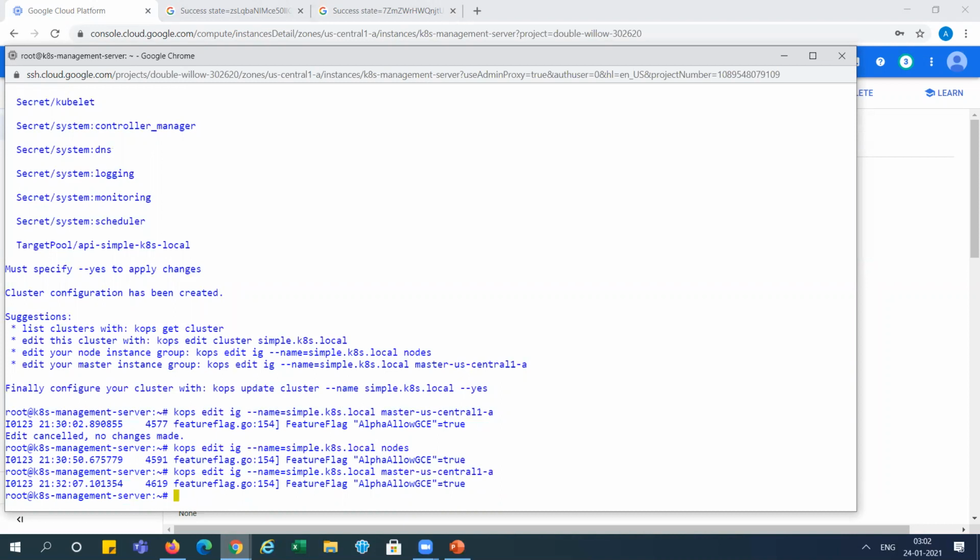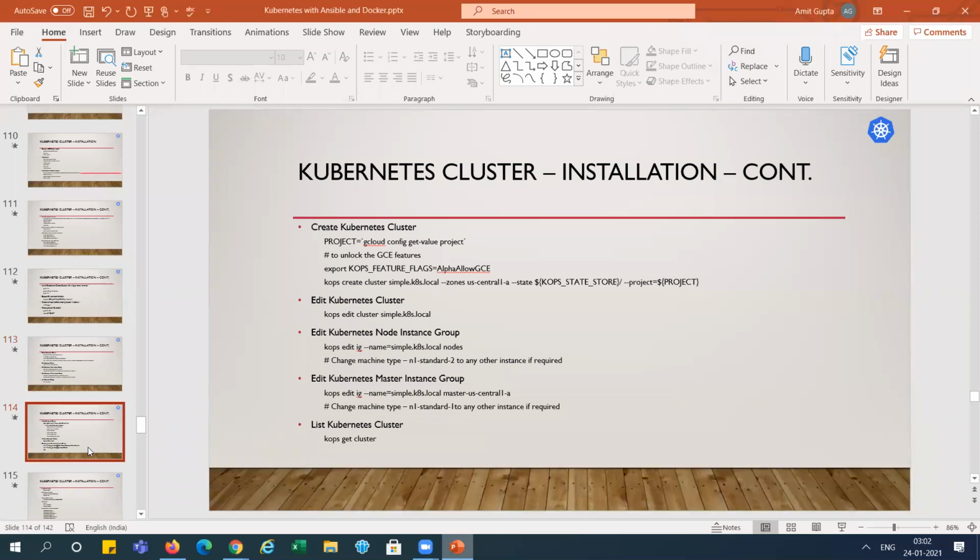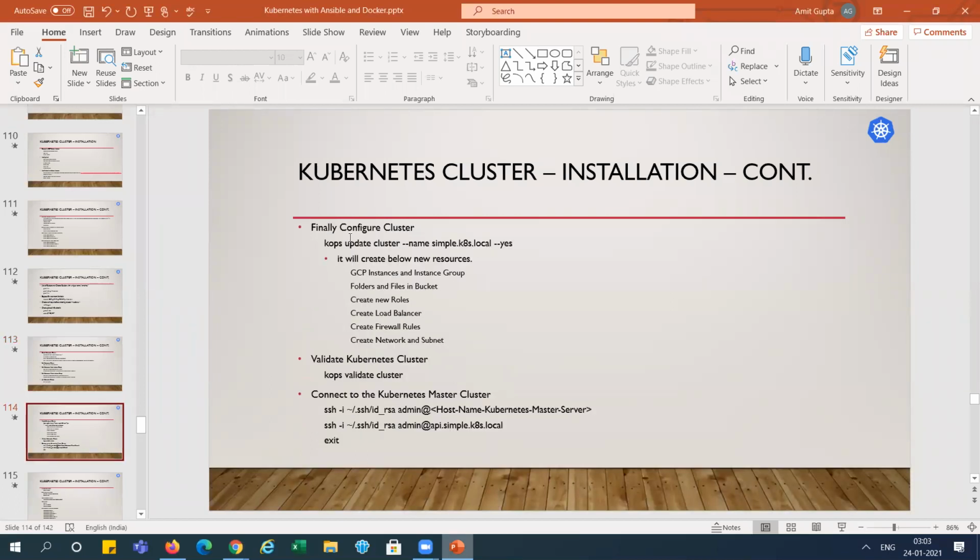Now after running it, after configuration, you can see everything here. You can see our get cluster details over here. If you run this command, it will show the details. And finally, if we are okay with that, we can go and create the cluster using this command, right? And the same command I have mentioned here in the next slide. When we run this command, it will create the various resources in GCP, right?